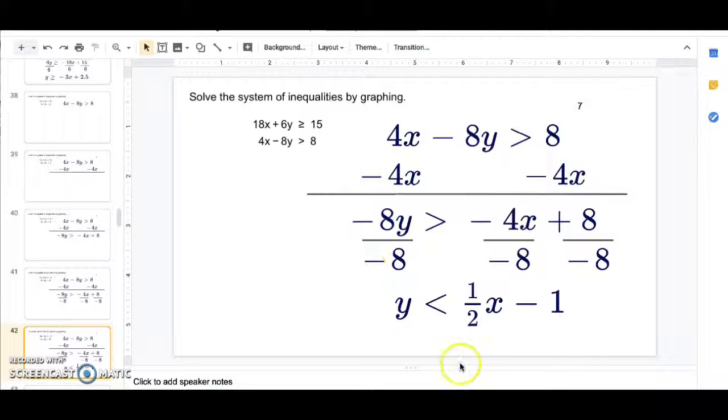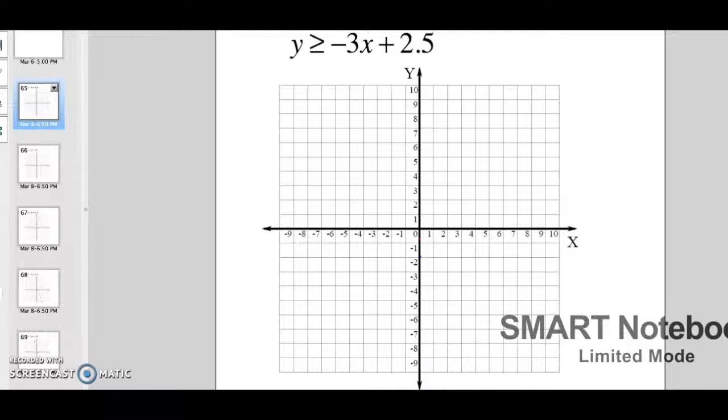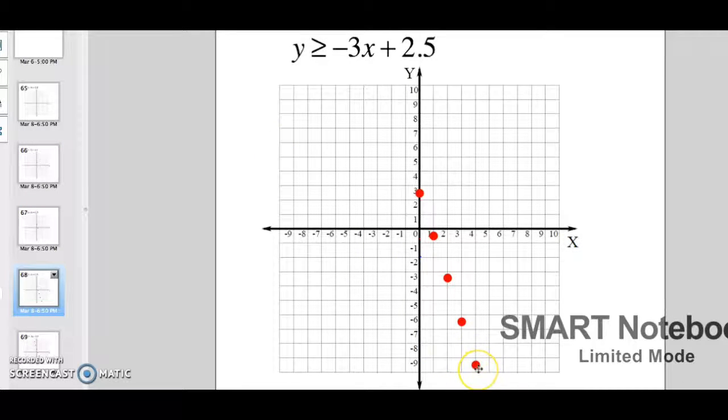Okay, so now we can graph both of them. Graphing the first one, we have y is greater than or equal to negative 3x plus 2.5. My y-intercept is 2.5, so I'm going to start there, which is halfway between 2 and 3. From there, I have a slope of negative 3, so I will go down 3 to the right 1, and I'm going to do that until I get to the edge of my graph, going down 3 to the right